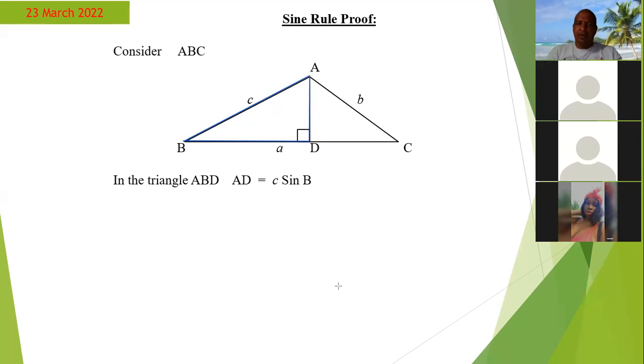All right, now if you look closely at that triangle, if we apply the sine ratio, the one that we already know how to do, we would see that the side C would be the hypotenuse, and the side AD would be the side opposite, right? So if we are going to calculate AD, if we are writing the sine ratio in relation to AD,